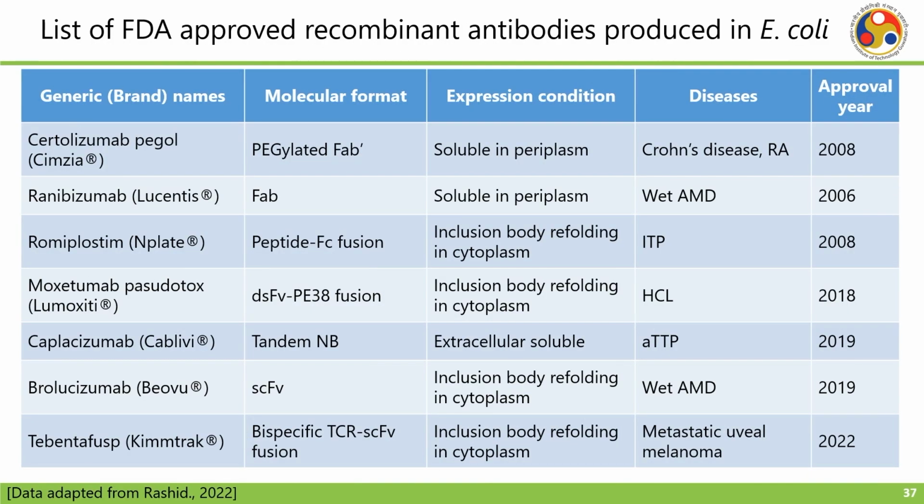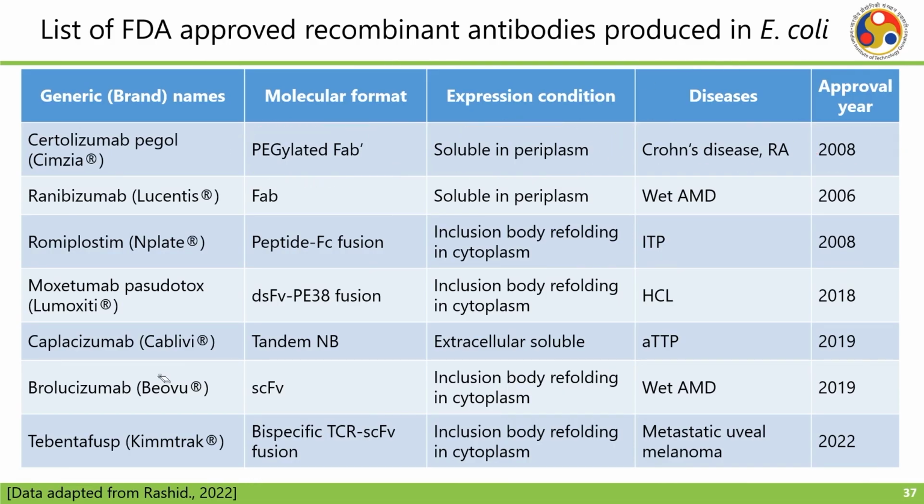Now, let us look into some of the FDA approved recombinant antibodies produced in E. coli. We have the generic name in the first column, followed by the molecular format, then expression condition, and the disease against which this was developed and the year of approval. So, we have certolizumab pegol. This is basically pegylated Fab prime, soluble in the periplasm. It is used against Crohn's disease,